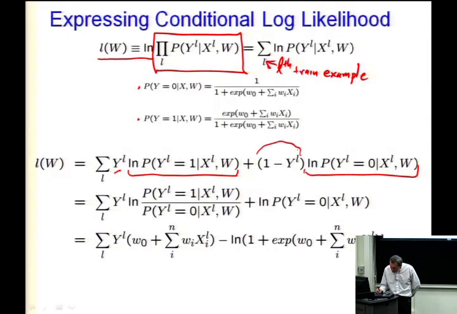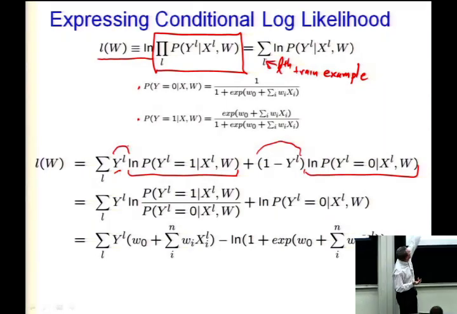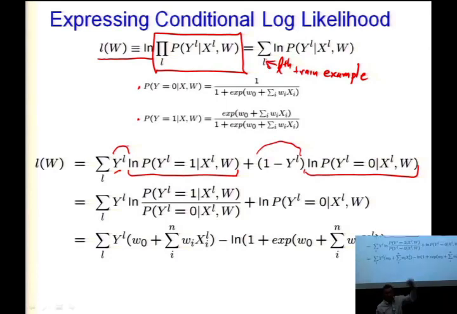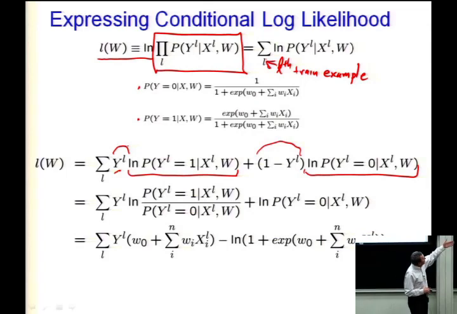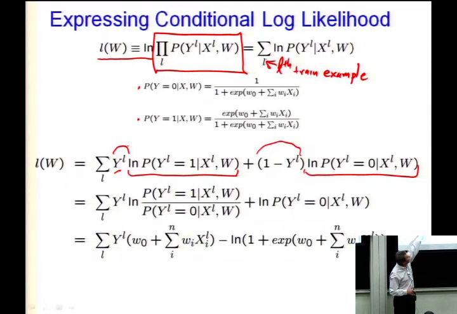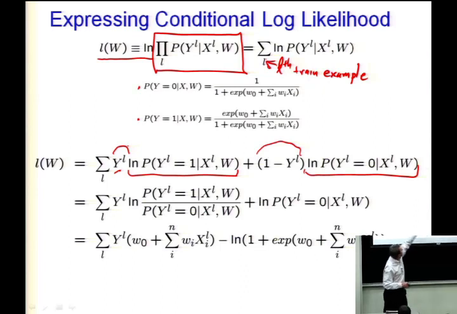And this is just our old trick for how to write an if statement as a linear equation. Right? Notice if Y equals 1, the left term will be selected and the right term will be zeroed out. If Y equals 0, the left term will be zeroed out, the right term will be 1. So it's just an if statement. But now, starting with that, I can then do some manipulations. The first manipulation is to expand this thing on the right to the 1 minus Y. I'll multiply by that and do some